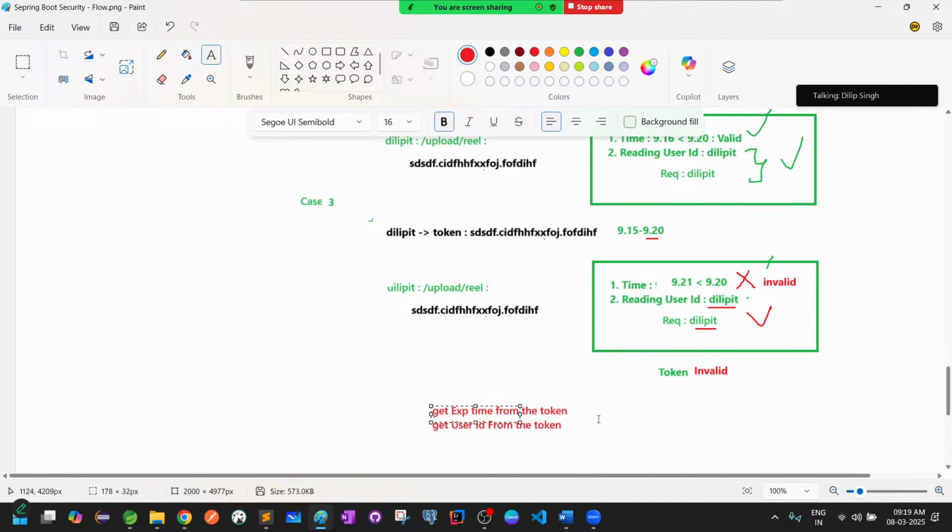So once you get this information, you will compare it with the current time. Based on that, you will decide whether it is expired or not. And once you get the user ID, we will compare it with the requested user ID. We will do both. So if both conditions are true,